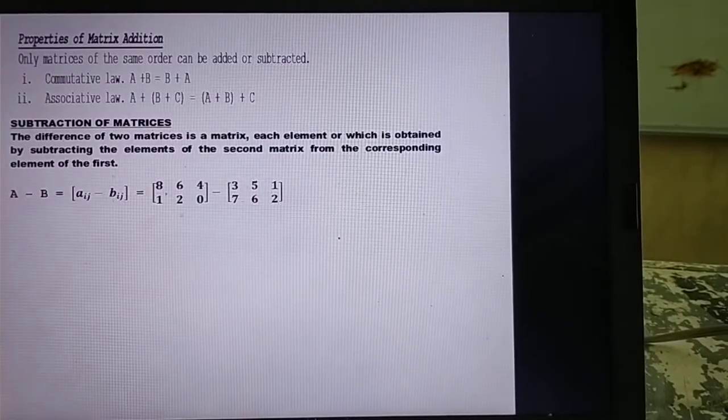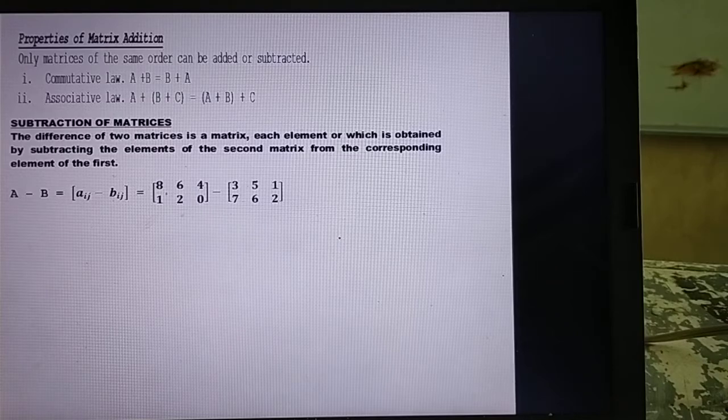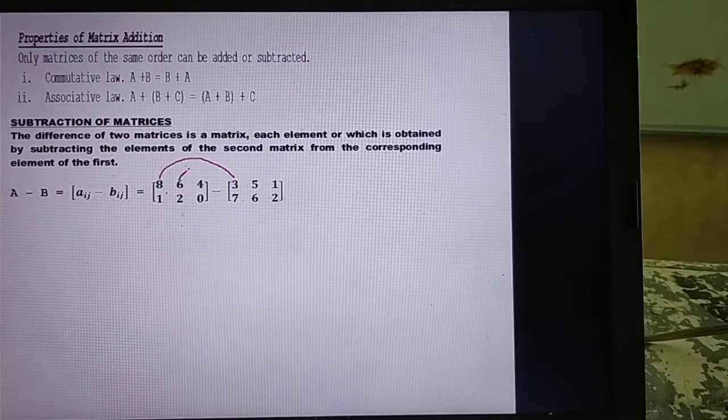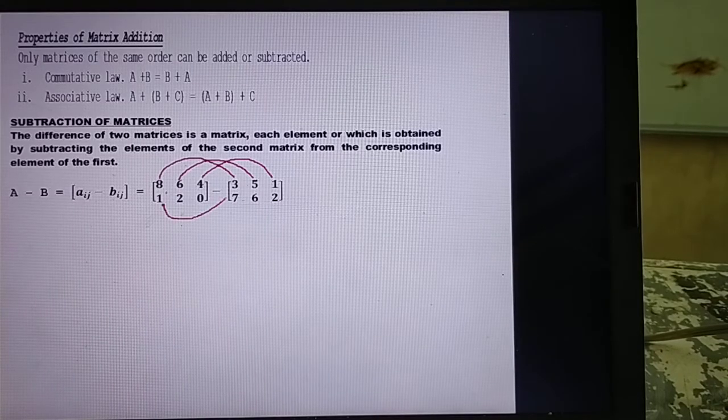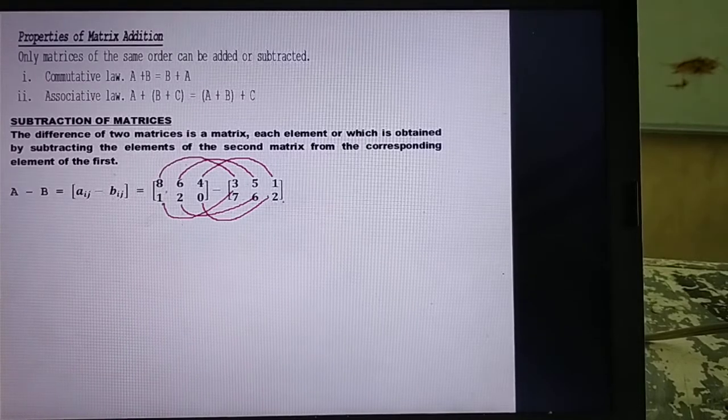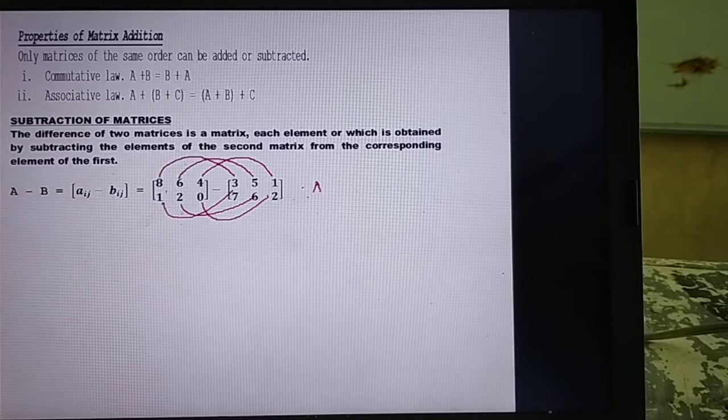Study the properties of addition of matrices. It has the commutative law and the associative law. Then subtraction has also the same properties. So the operation is the same. We must pair the same elements. So 8 minus 3 and 6 minus 5, 4 minus 1, 1 minus 7, 2 minus 6 and 0 minus 2. Therefore, A minus B